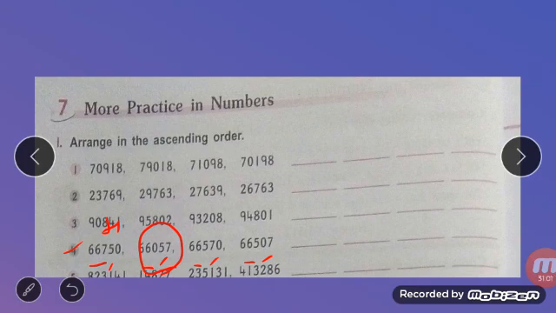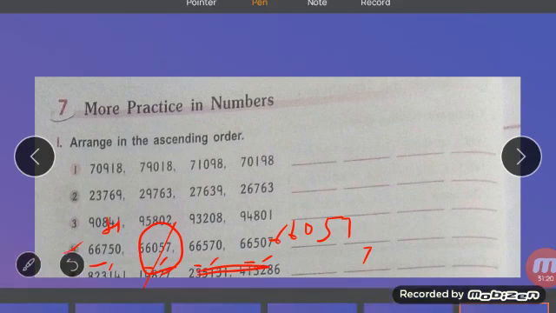So first of all you have to write 66057 in the first column. This is over. Now you have to compare the remaining, 667, 665. Here is 5 in the 100 place, here is also 5. Then you have to see the tens place. Compare these two numbers because that is the greater. So here is 665,